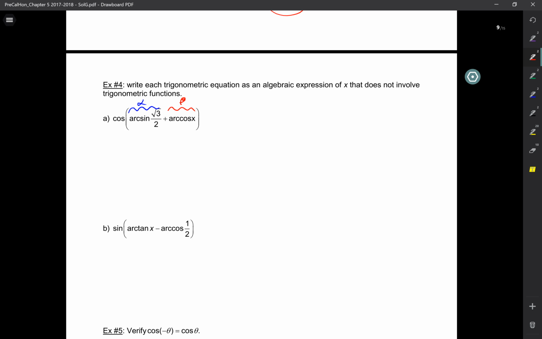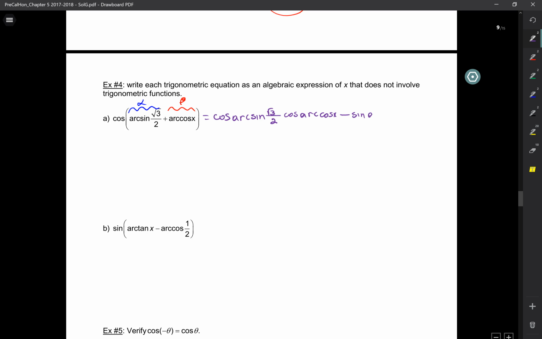So if I have cosine alpha plus beta, that's cosine, cosine, sine, sine. So I got to do cosine of alpha, which is this mess, right? Cosine, cosine, sine, sine. And then cosine of beta